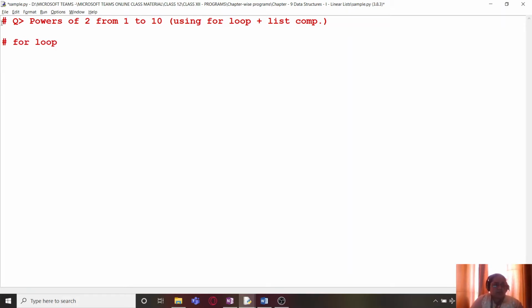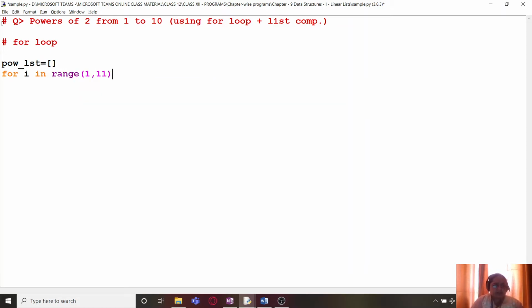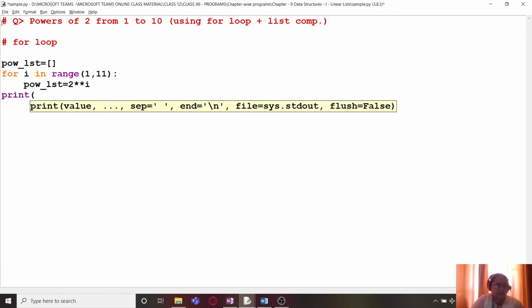Powers of 2 from 1 to 10 means I will write an empty list, for i in range 1 comma 11, and powers of 2. That means the list will contain elements in this way, 2 raised to the power i, and finally print.